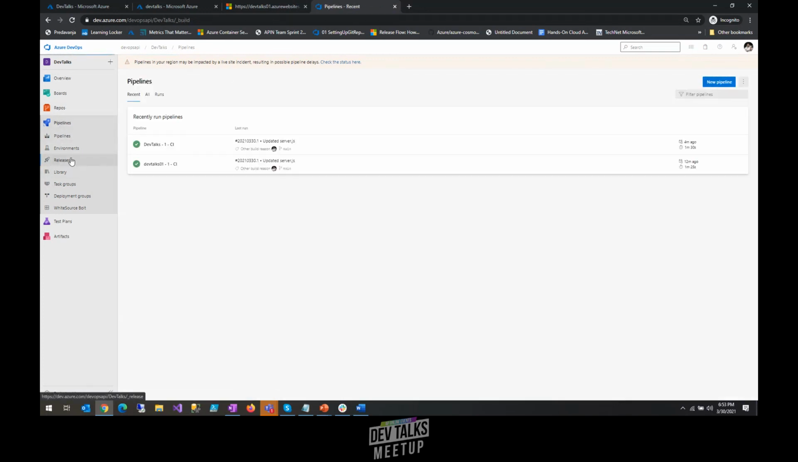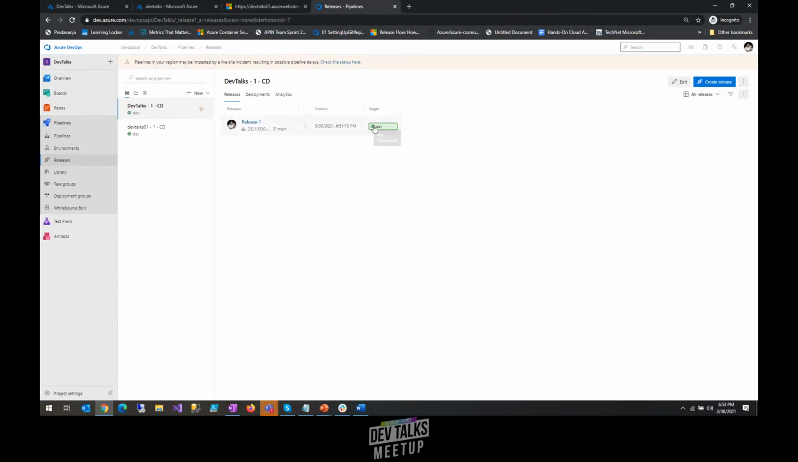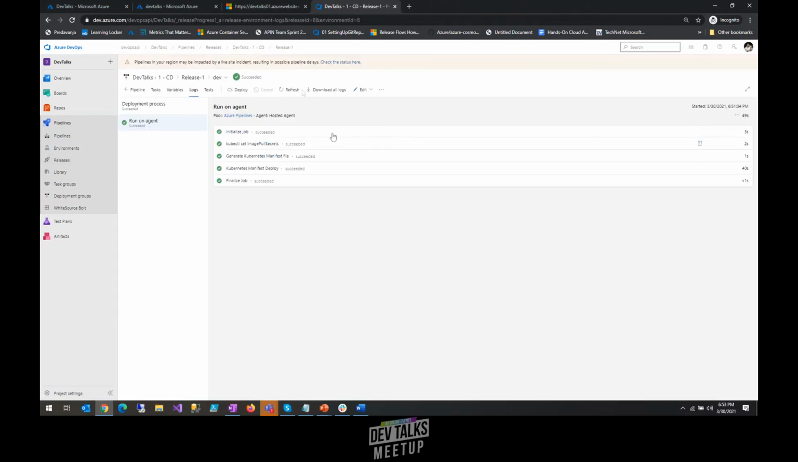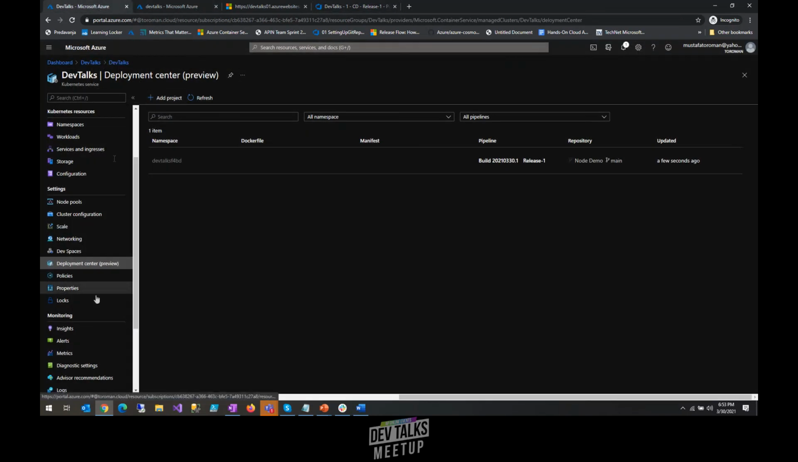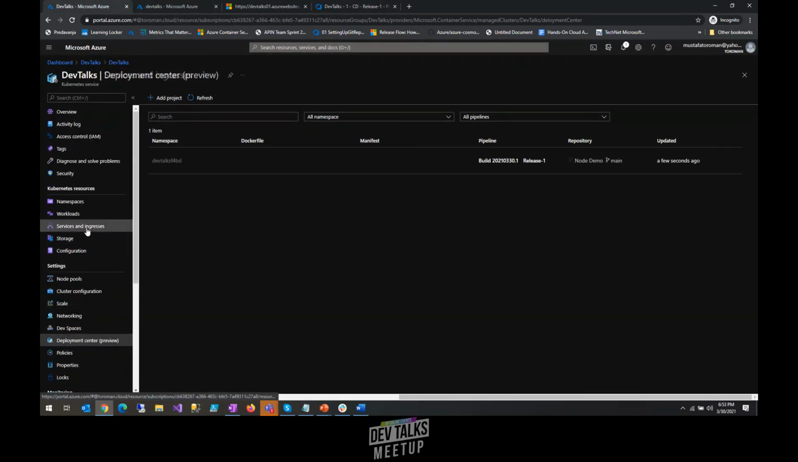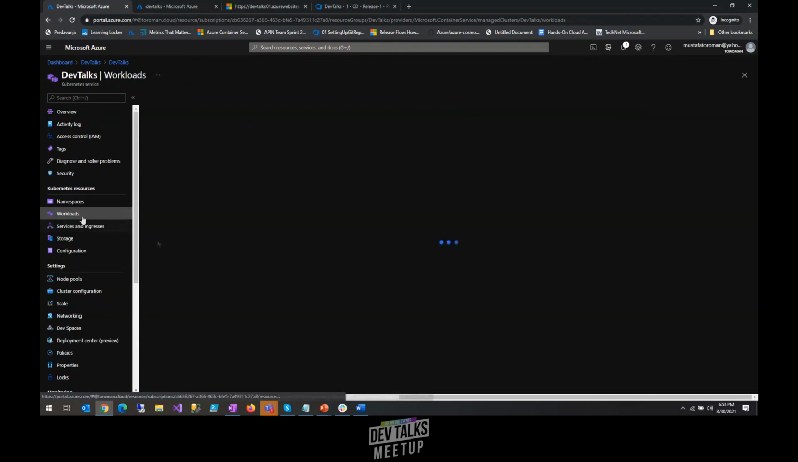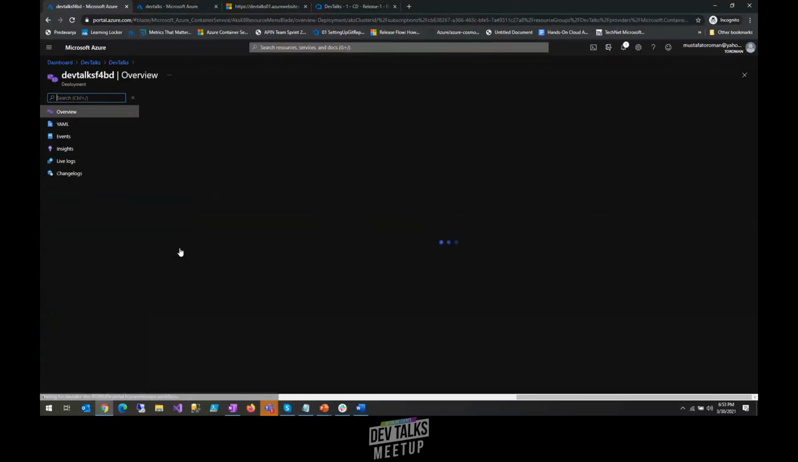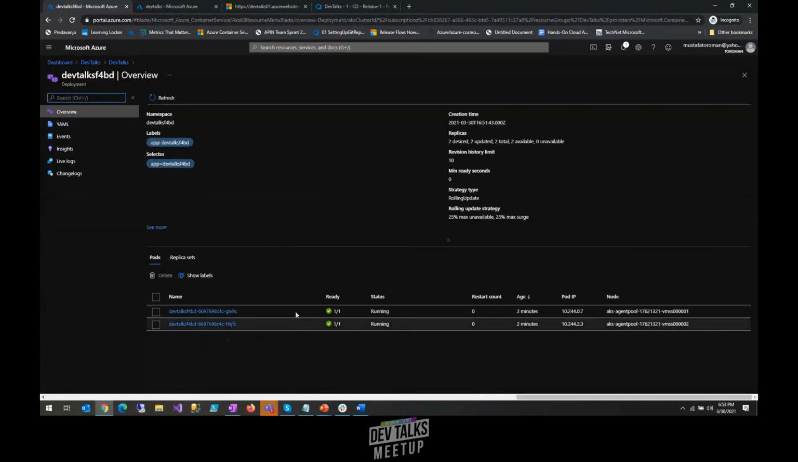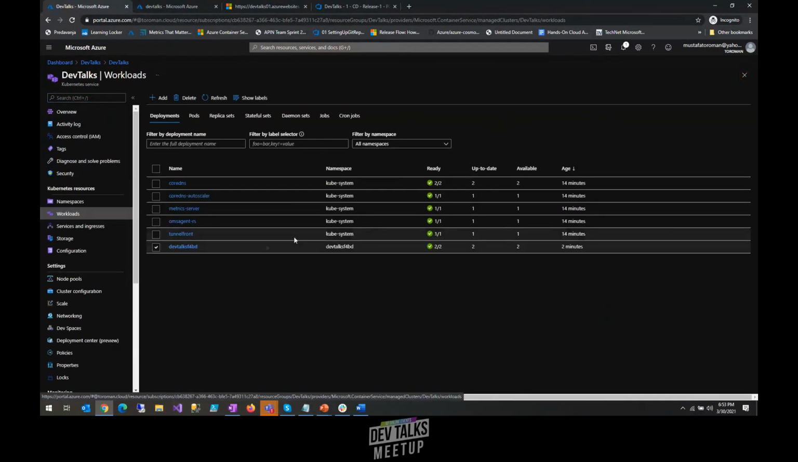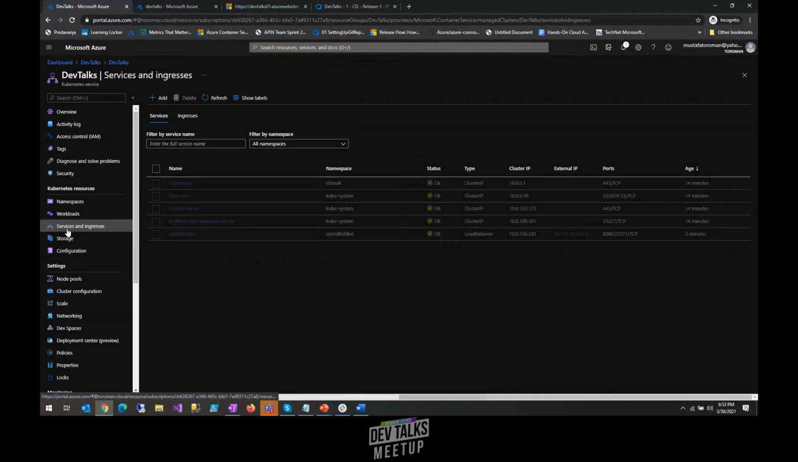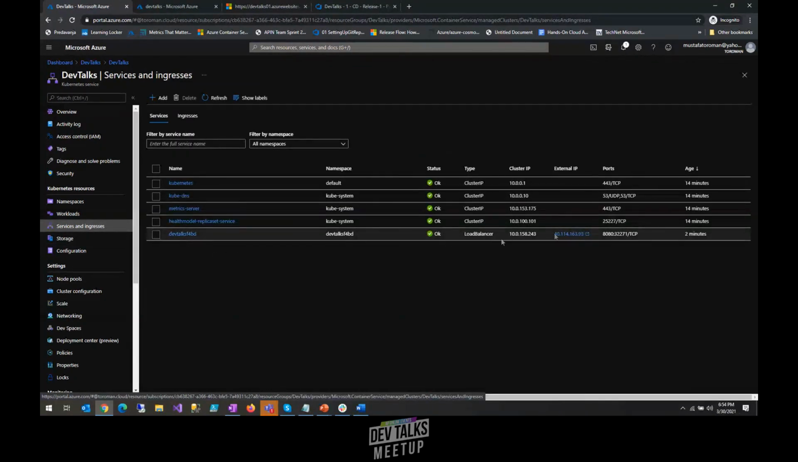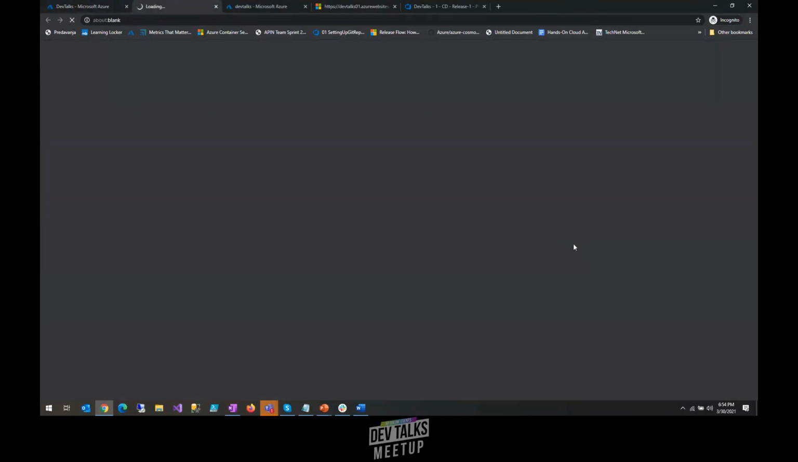Let's see where we are with the release. So that one is done. It's completed. On the workload, let's see. We can see that our namespace is created. It has two pods running right now. So really cool. Everything is ready. If you go to service and ingress, we can see that this node was assigned an external IP address. If you go to this one,